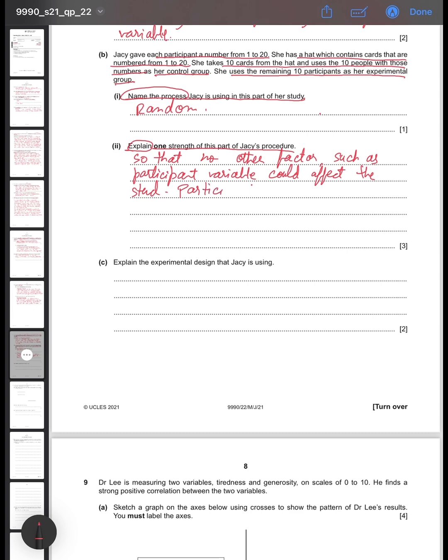Because participant variables such as being bad tempered can affect the mood,